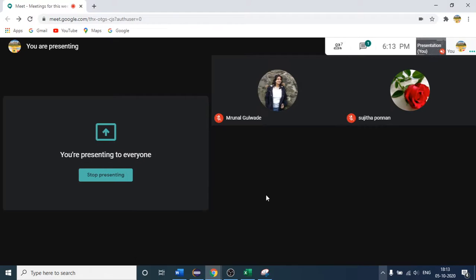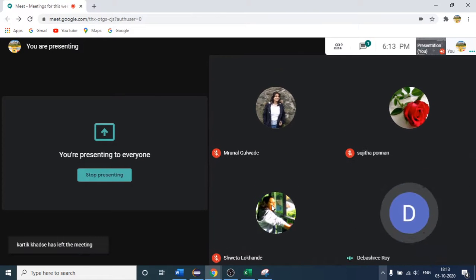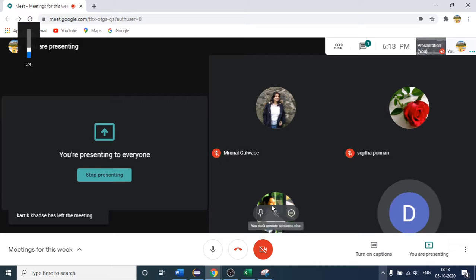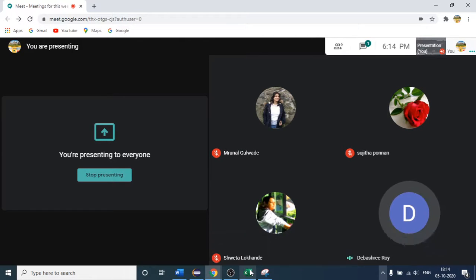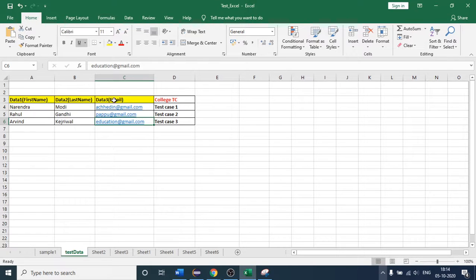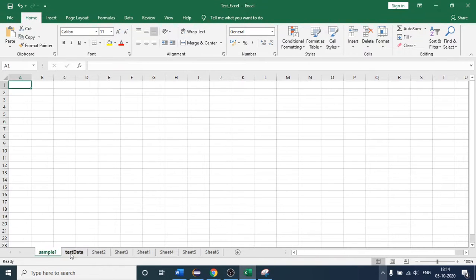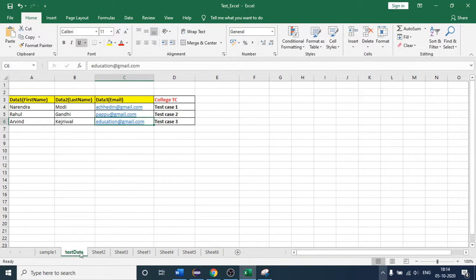Is it clear? Yes. Sumit, I just want to recapitulate one thing. Say a sheet has many tabs, say tab 1, tab 2, and tab 3. Are we mentioning the tab name as well? Because if there are several tabs, how is Selenium going to understand that it has to pick up from the test data itself? No, I am saying this is the name you are providing.